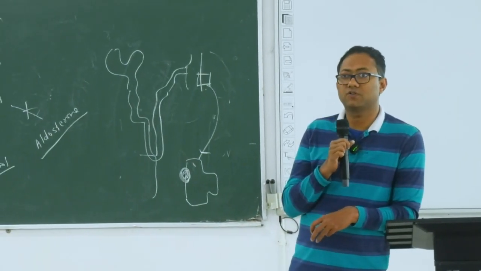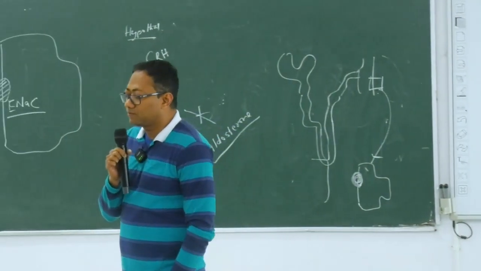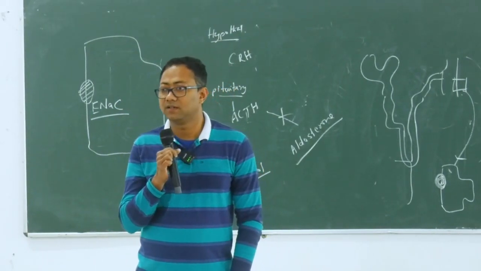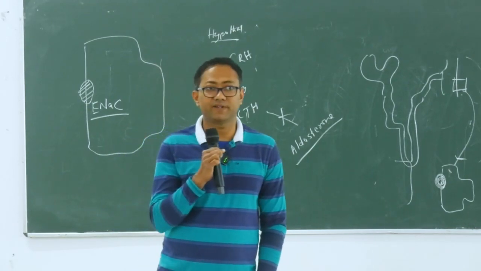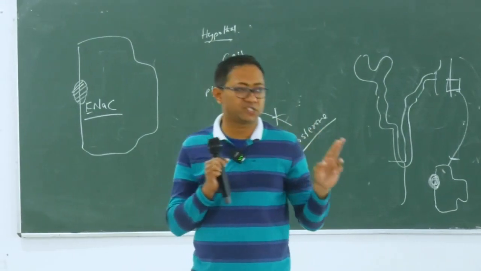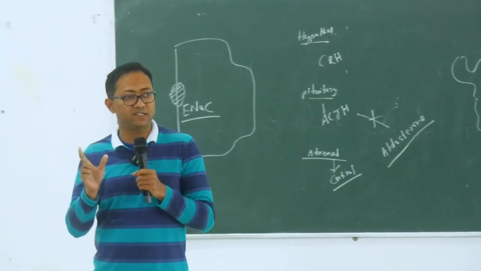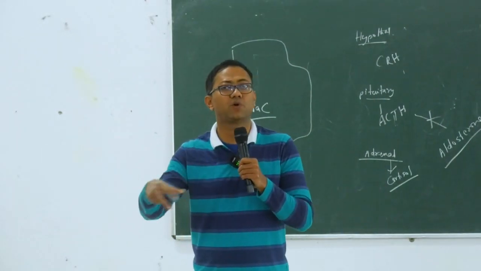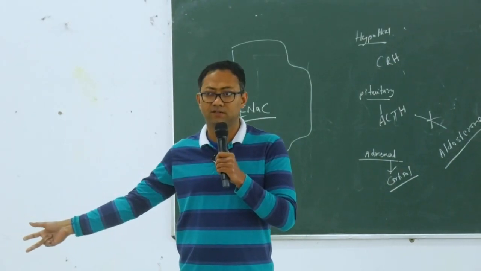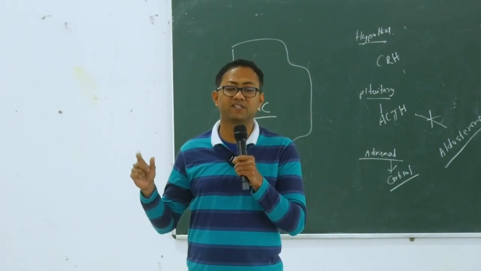What is the function of aldosterone and what is the mechanism of action of aldosterone from yesterday's class? Who had attended yesterday's class? There is a difference between mechanism of action and action. If I ask you what is the action of aldosterone, the answer is it reabsorbs sodium and water from the distal collecting tubule and cortical collecting duct. If I ask you what is the mechanism of action of aldosterone, your answer is